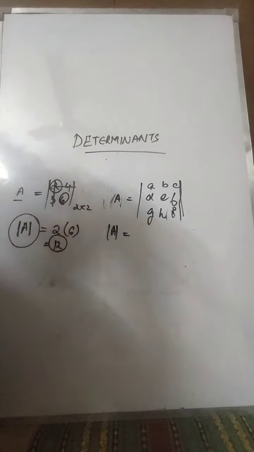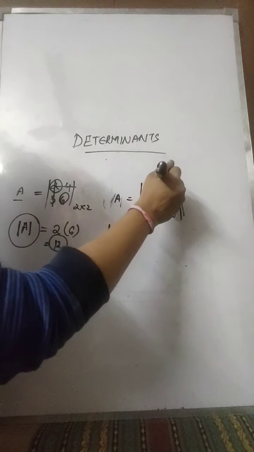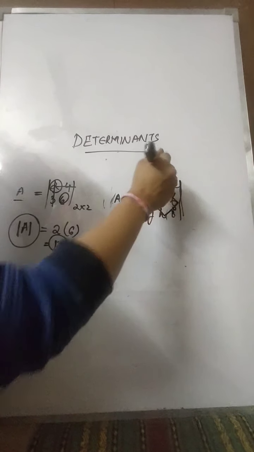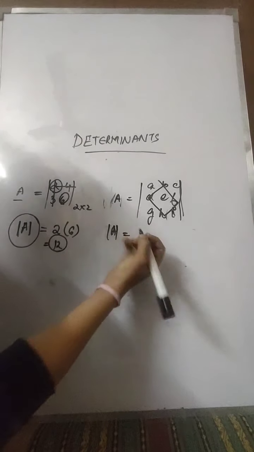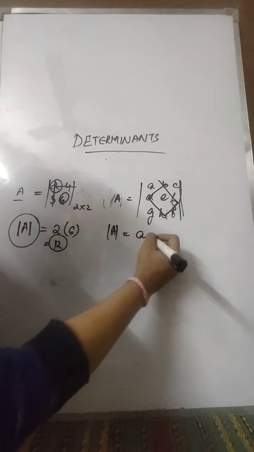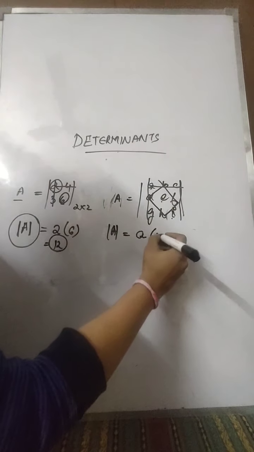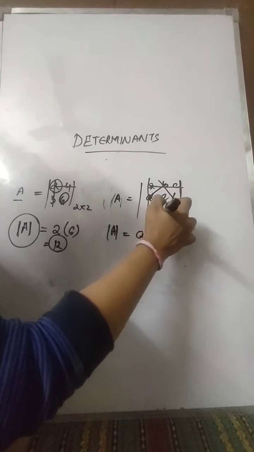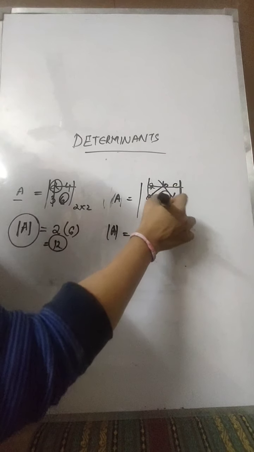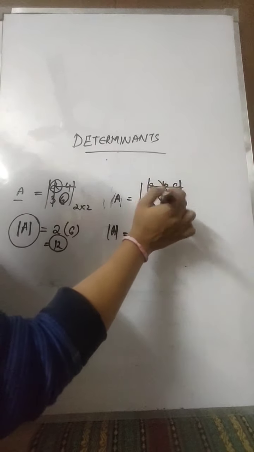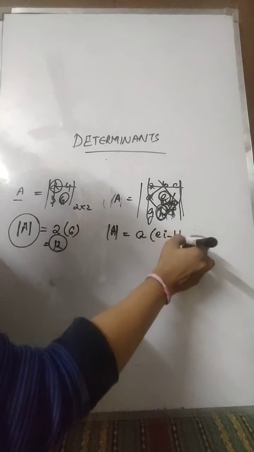Okay, first of all, whenever you are taking up determinant expansion, you need to keep in mind that you will be taking the diamond values as negative. How will we take the diamond values as negative? See here, I'm taking the first element a. So what I'll do is eliminate its row and column, and then e into i, ei, minus. When we are moving from this element to this element, you will always take this element and this element for multiplication. You will not take this and this. You will multiply this element with this element and this element with this element. So it will be hf.